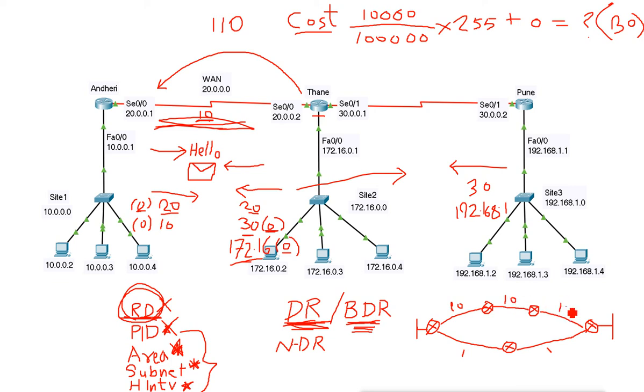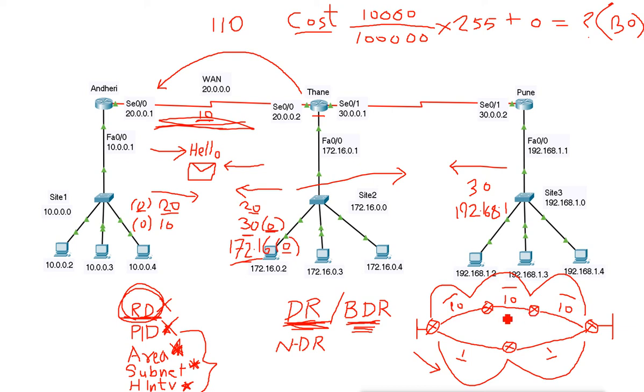Now if you use the RIP protocol, it does not see the cost, it does not see the bandwidth, it only sees the hops. So for RIP, this path will take 1, 2, 3 hops, and this path will take 1 and 2 hops. So RIP will always choose this path. It is not the fastest path, but it will still take this path. Why? Because here it will get 1 and 1. If you combine both, it will get only 2 Mbps speed. But here it is getting 10 Mbps for each hop, 10, 10, 10, or we can say totally 30 Mbps speed.